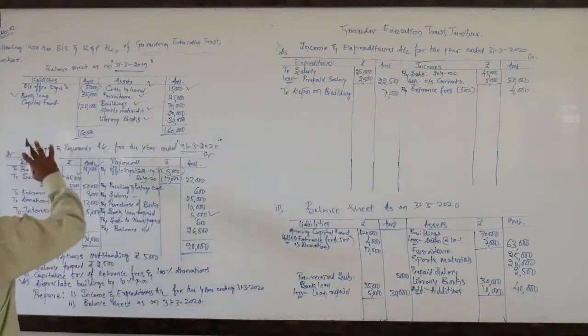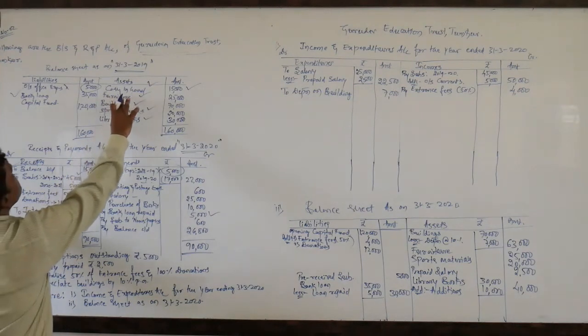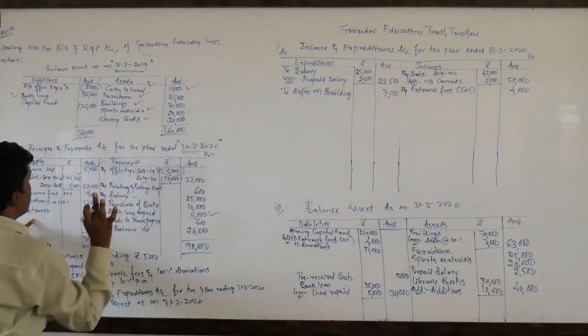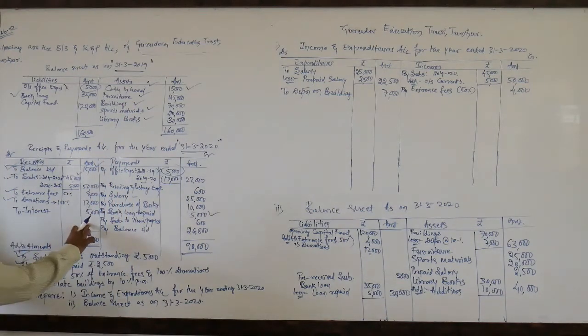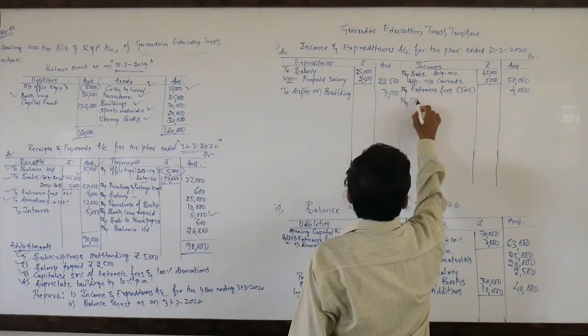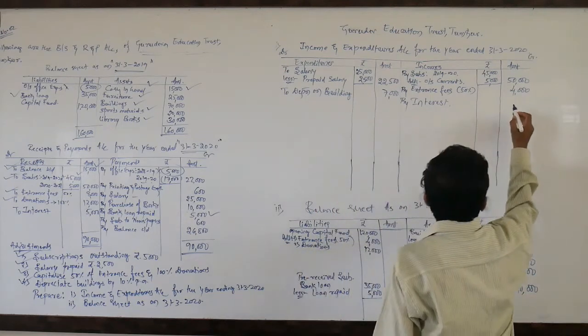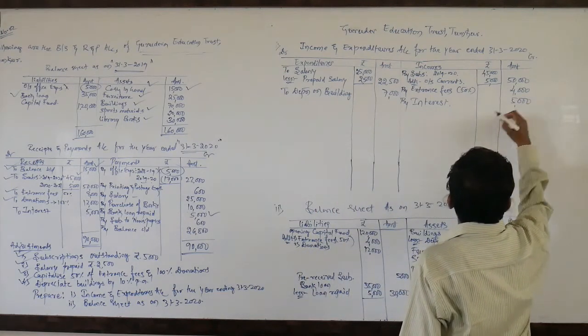Okay. After completion of this balance sheet, come to the receipt side of the receipts and payment account. Here we have already considered this, so this one is also completed. Entrance fees is over. Donation is also over. Interest, is there any receivable amount? Nothing. Interest of rupees 5,000 is income by interest. No adjustment on this amount, so I am going to write it in the outer column.